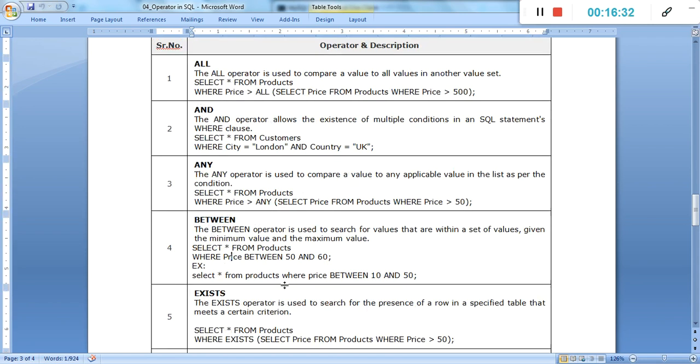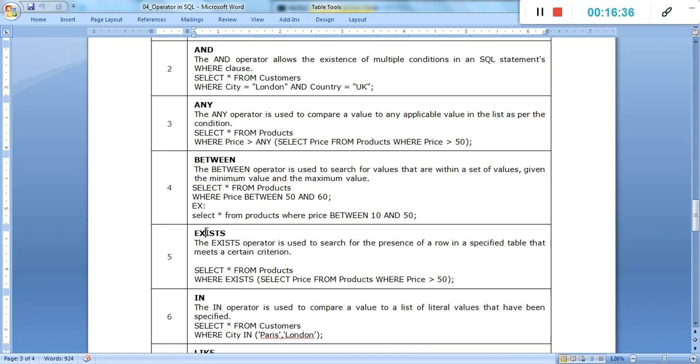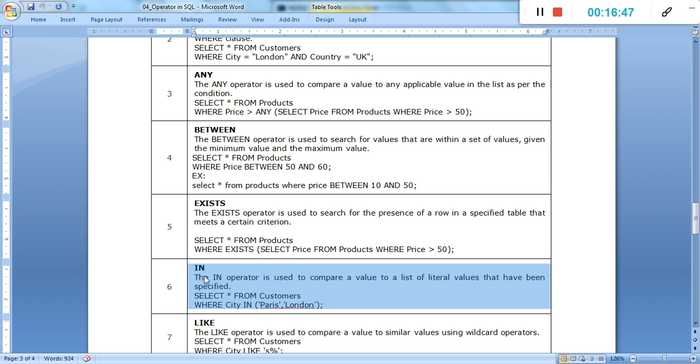Then exists, that is select star from products where exists with a particular condition. Then in, the in operator is used to compare a value to a list of literal values that have been specified.